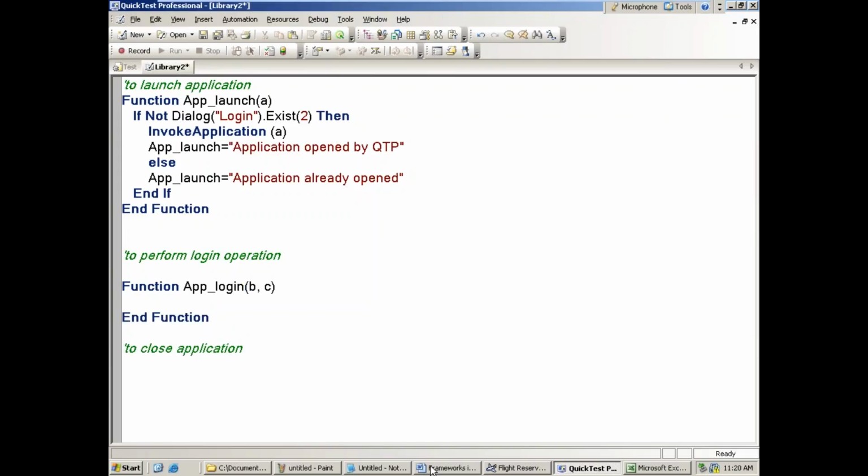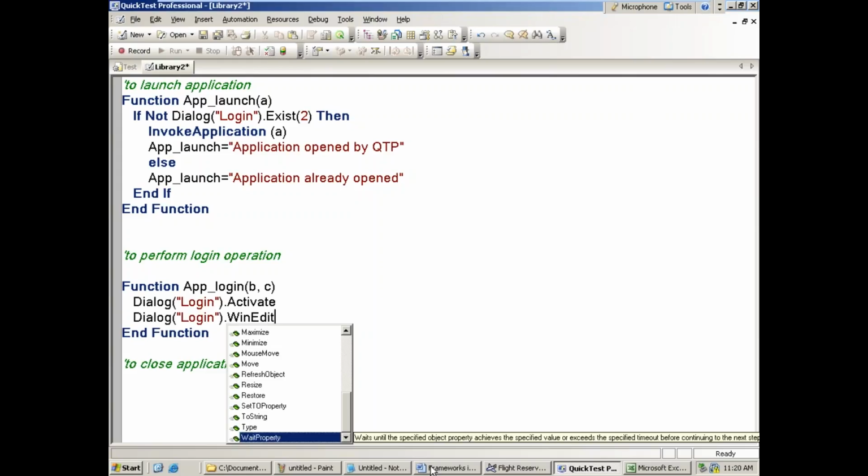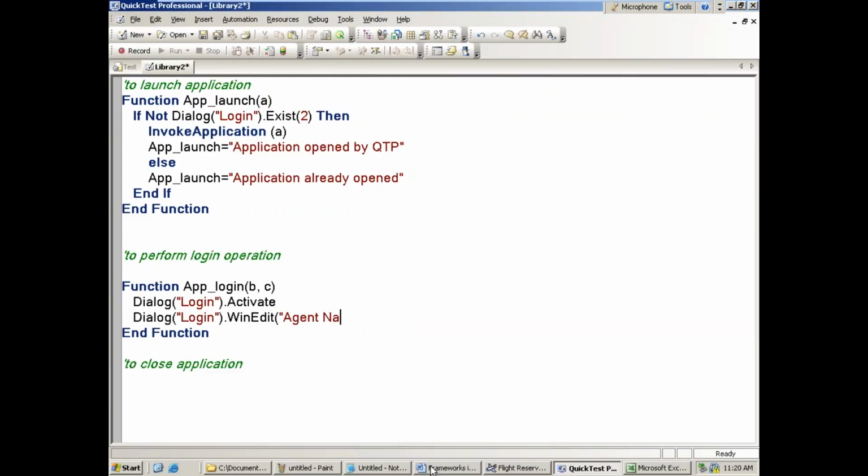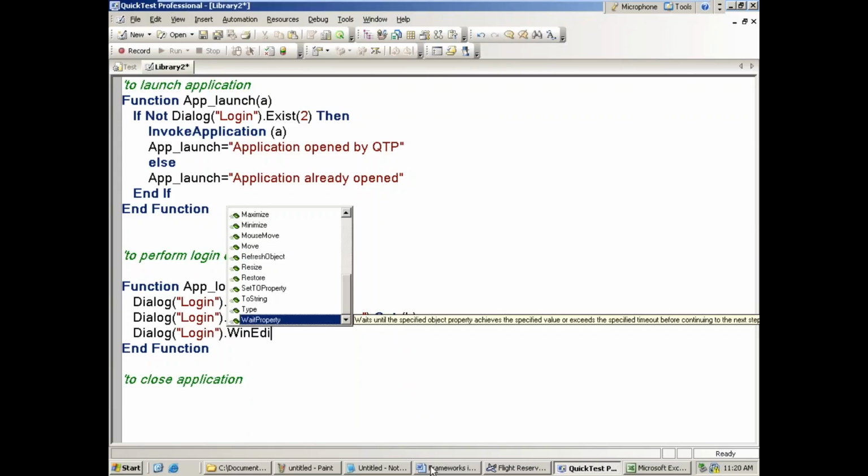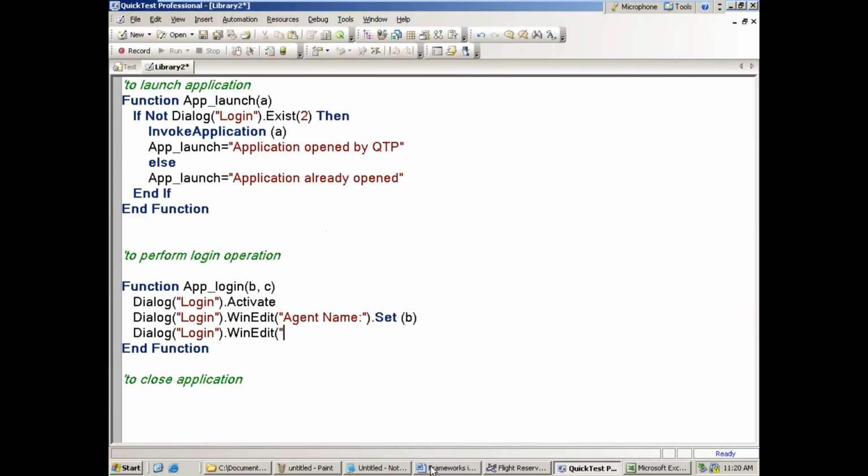What I want to say here: dialog of login dot activate, dialog of login dot win edit of agent name dot set of b, dialog of login dot win edit of